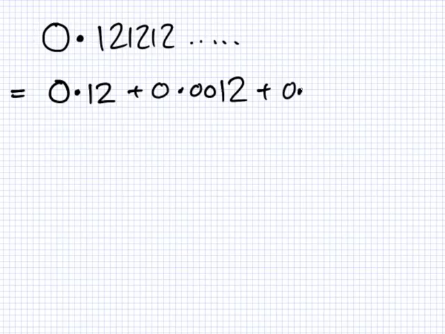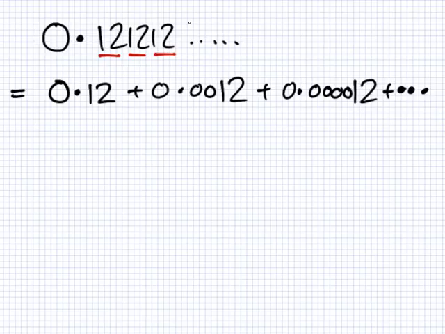Let's have a look at this one. So what you do first for simplifying this is you split it into each 12. So what I mean is you write it as 0.12 plus 0.0012 plus 0.000012, etc. Dot, dot, dot. So I'm just pulling the 12s out separately as different numbers. So this one is the first one, this is the second one, and this third one, and so on. Okay, so write that bit down, and then